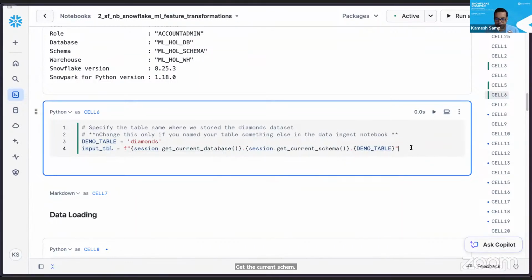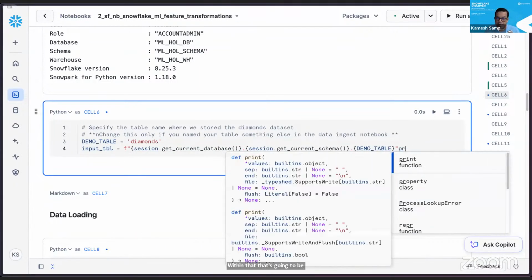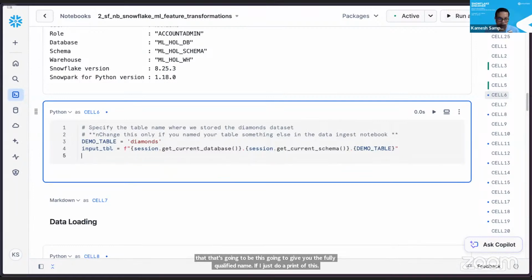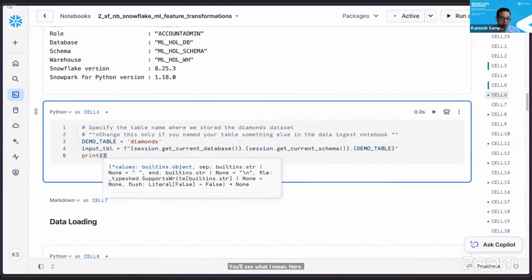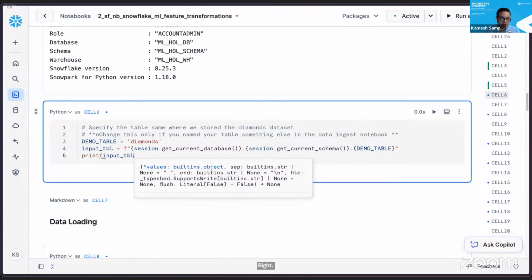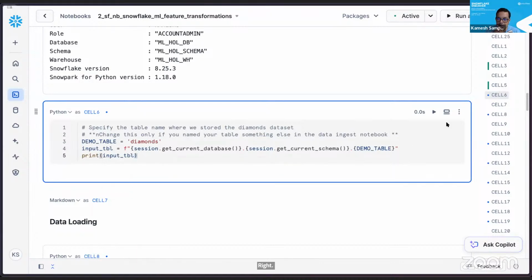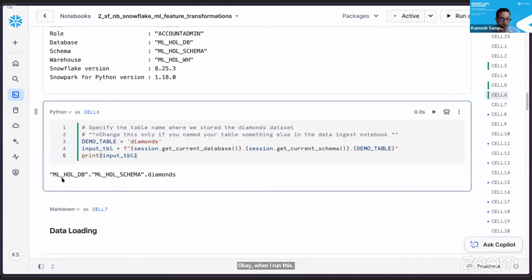If I just do a print of this, you'll see what I mean. When I run this, you see the full name: MLHOLDB, MLHOL schema, and diamonds. So just make sure that I give the fully qualified name everywhere. It's a good practice as well.